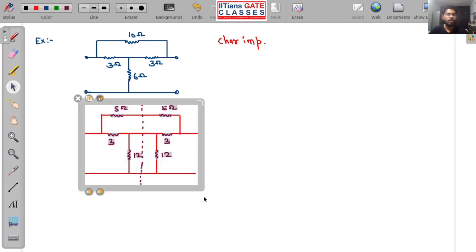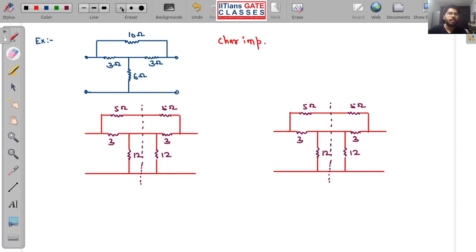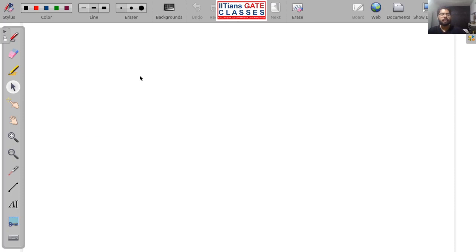this is my step 2. Now I am going to bisect. I can just copy paste, but you cannot do that. So I will just bisect this. Okay. So this is one part of the circuit, and I have another part of the circuit as well. I am going to solve this in the next page. Okay. So step 2 up to step 2 is clear.